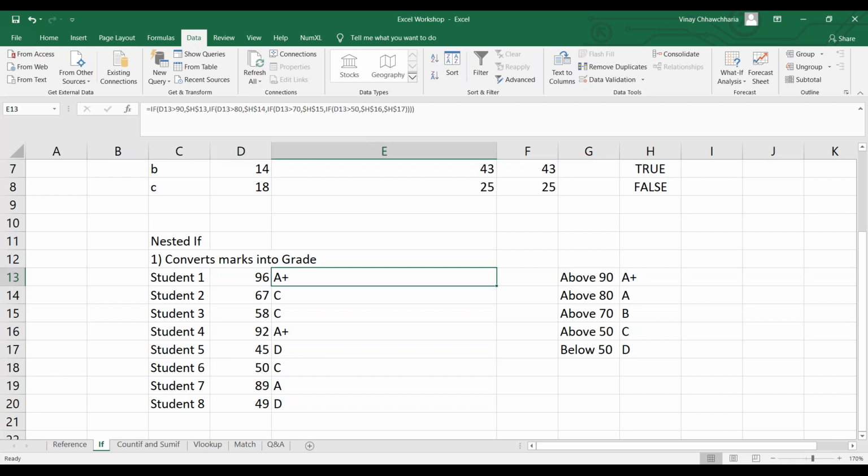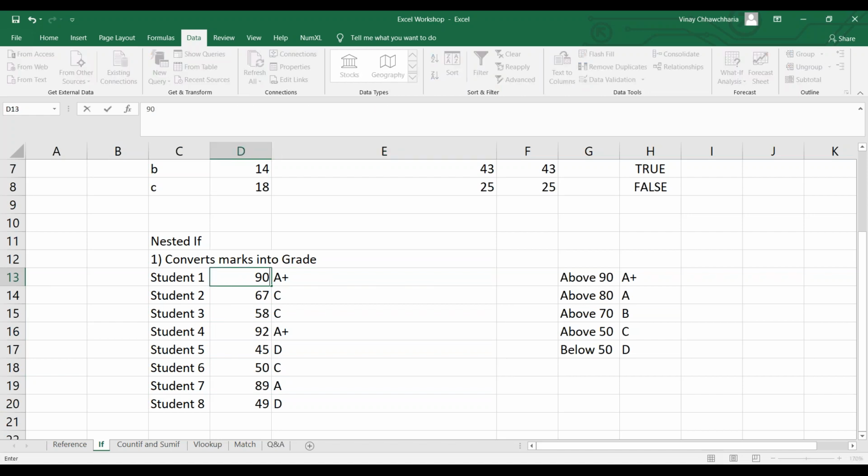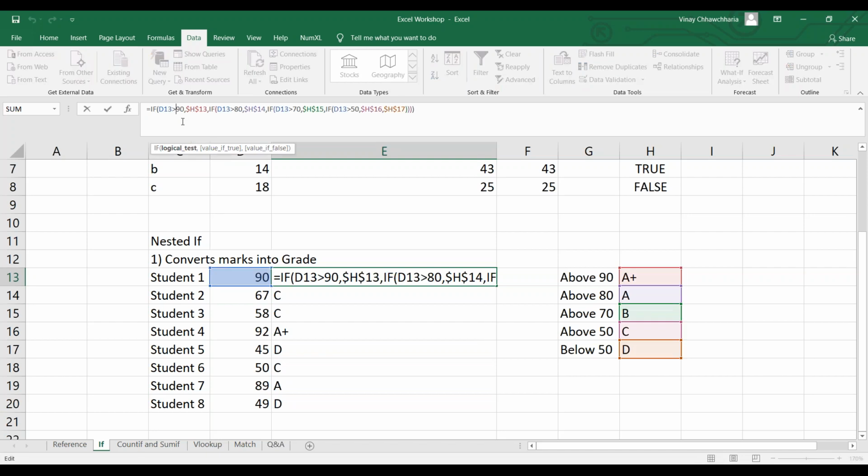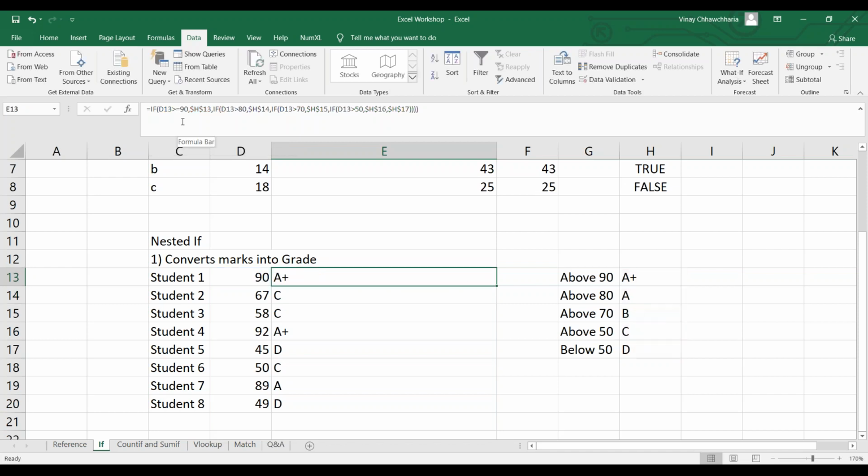So if, let's say, your condition is greater than or equal to, let's say at 90 you have to assign A plus, then your formula will just change. Just have a look at this cell, greater than or equal to. So with this, you will be able to achieve the desired output. So basically, these are nothing but different combinations: less than, greater than, equal to, less than or equal to. It's just syntax that you can learn while doing some Google research.